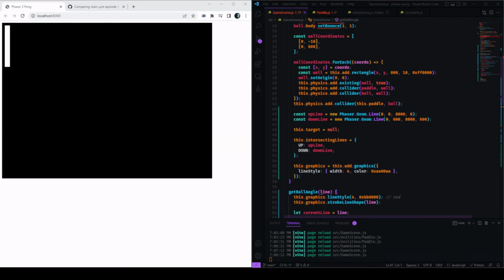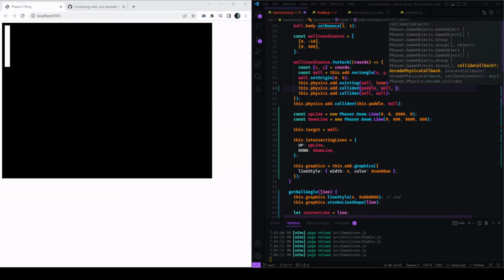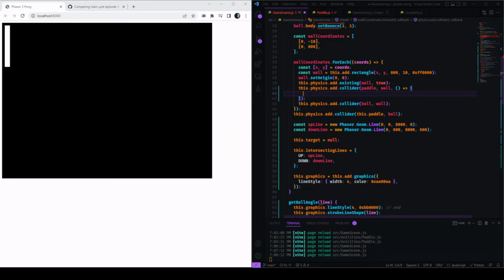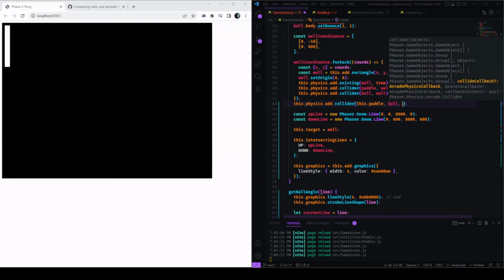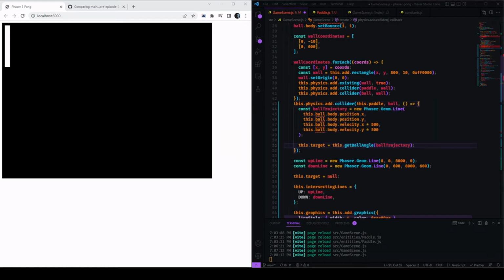So we need to find where we are adding the collision between the paddle and the wall. So that's here. And this actually takes a callback function as a third argument. And this function will be called whenever the paddle collides with the wall. Sorry, I don't want it here. I want it when the paddle and ball collide. So here I want to do something like this. I want to say a new line from the ball position of x and y in the direction of the